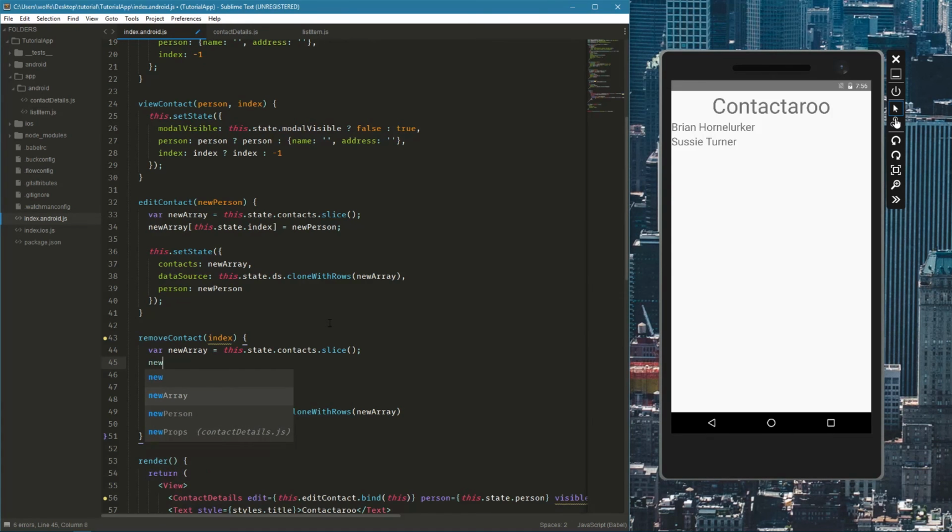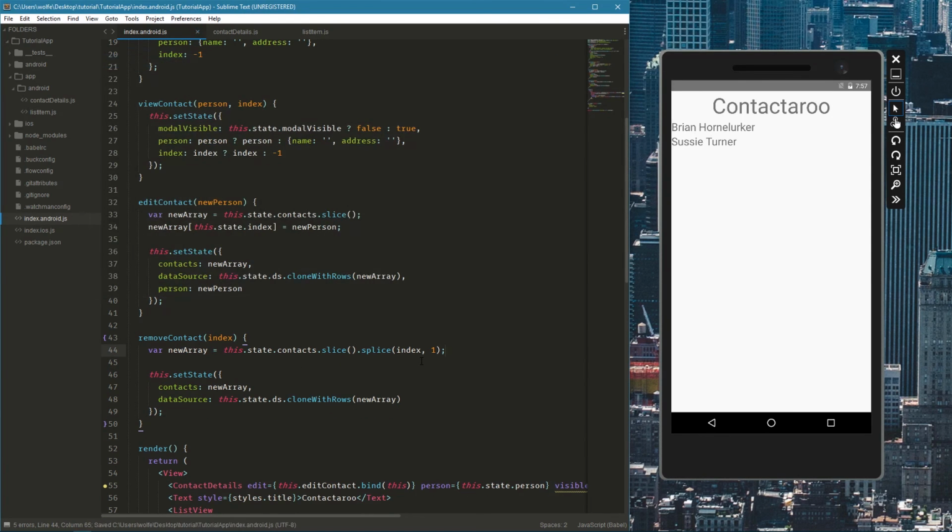So in this case, newArray.splice(index, 1). We're just going to save that. We're also going to, obviously we need to assign that to new array. So newArray equals newArray.splice. In this case, we can actually just shorten this. So slice.splice,